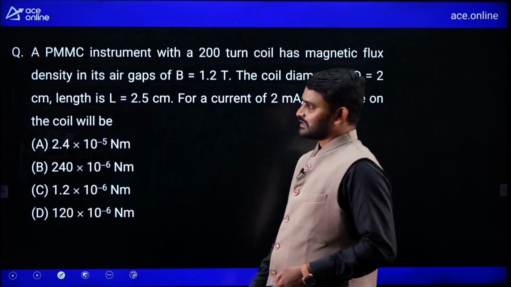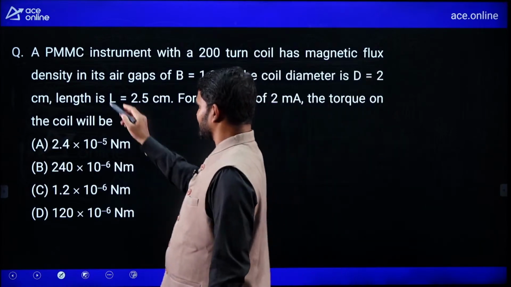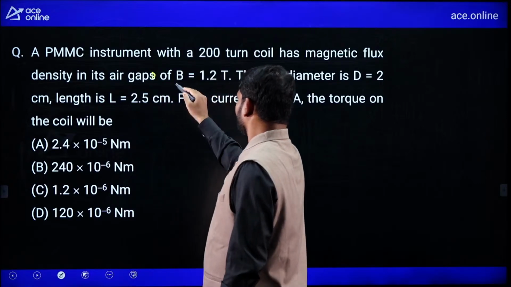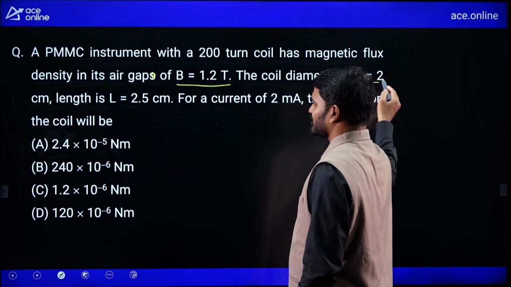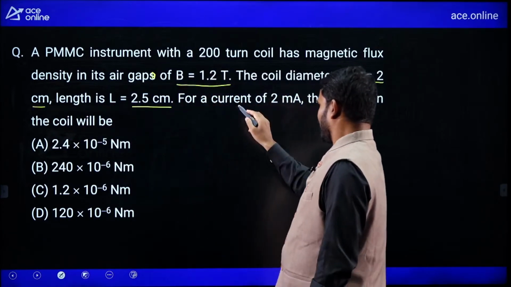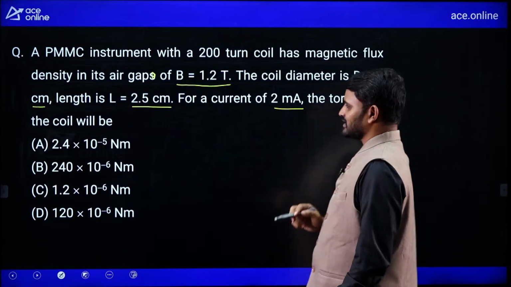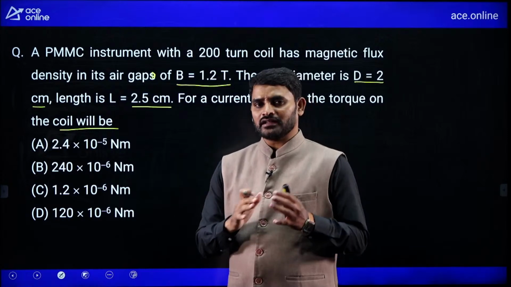And if you look at this question, a PMMC instrument with a 200 turn coil has a magnetic flux density in its air gap of B equals 1.2 Tesla. The coil diameter is 2 centimeters and length is 2.5 centimeters. For a current of 2 milliamperes, the torque on the coil will be. So, to find out the torque on the coil,